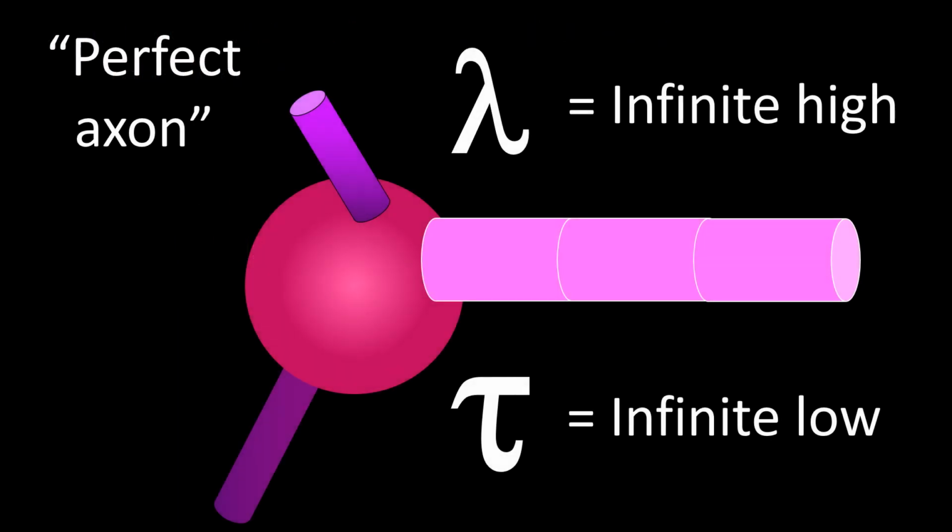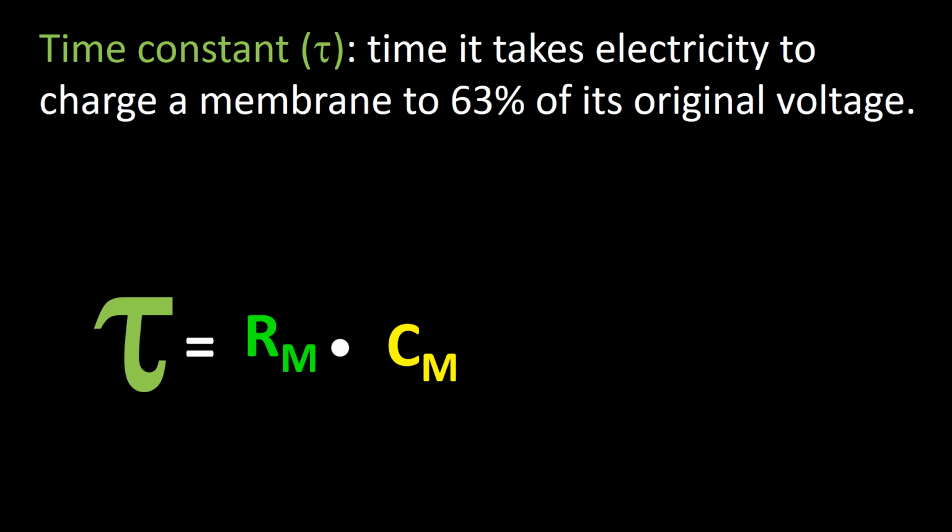An ideal axon will have an infinitely high length constant and an infinitely low time constant. Thus, an action potential in the initial segment would instantly produce a synaptic neurotransmitter release. There's no such thing. We have already talked about length constant. I will now address time constant. The time constant refers to the time it takes electricity to charge a membrane to 63% of its original value. Time constant is directly proportional to the resting membrane potential,